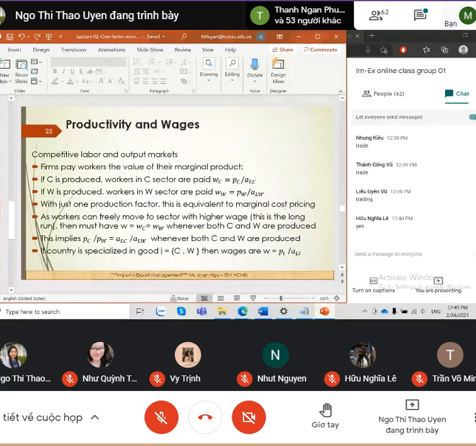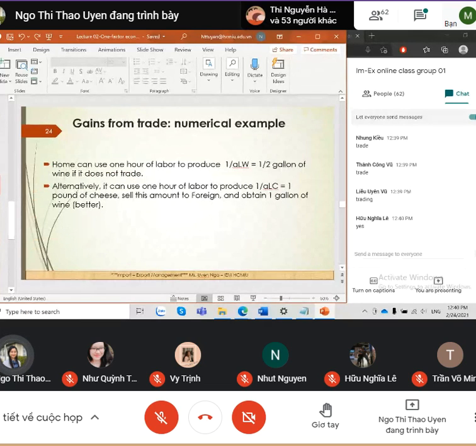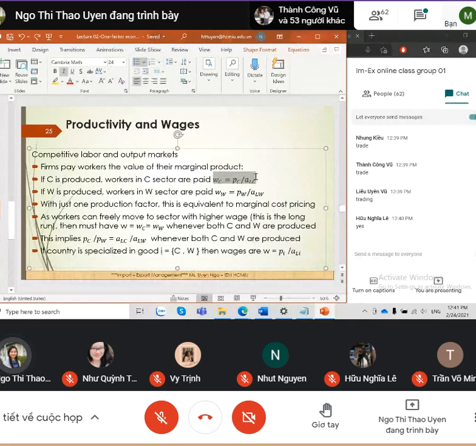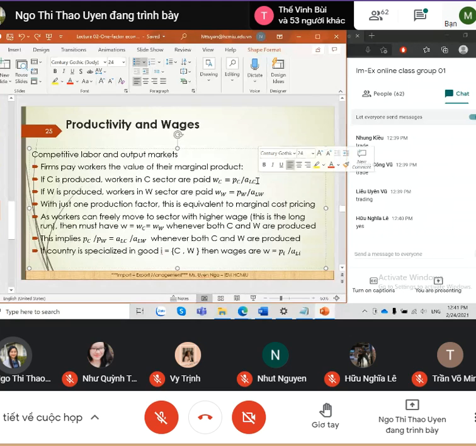So we have been through the concepts of relative price. Now we come up with the concept of relative wage. So this is the wage of cheese worker. We computed that a few minutes ago: price of cheese divided by unit labor requirement of cheese, and same for wine. But I told you before, in the long run,